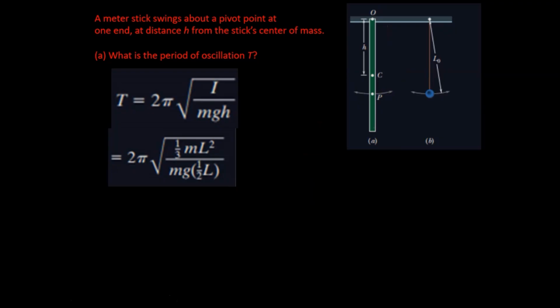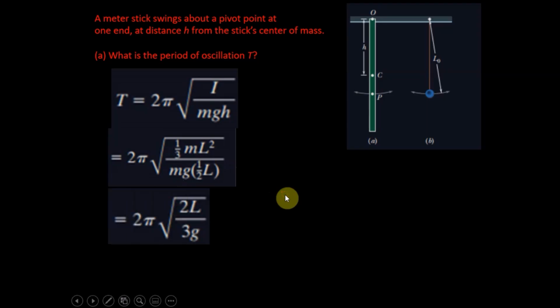If we look at what we've got, here's M, here's M, here's L, here's L, we've got the factor of a third, a half, and we'll end up with 2 pi square root of 2L over 3g. We can now substitute in for these values. We know g is always 9.8, we are located on the Earth for this one, and of course L,